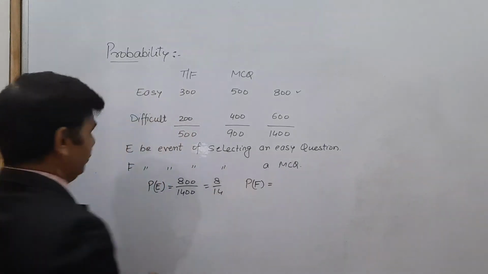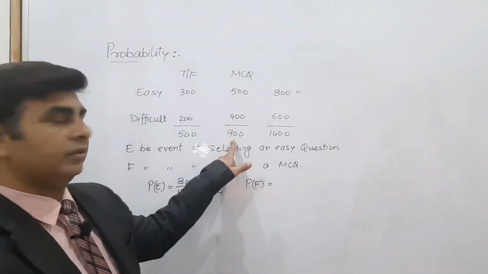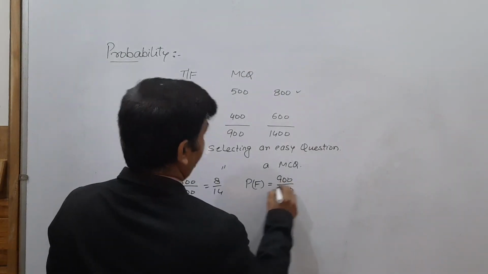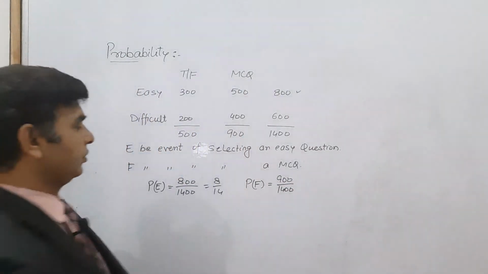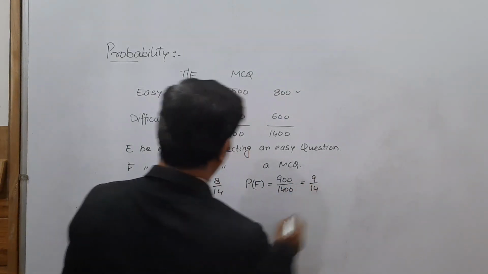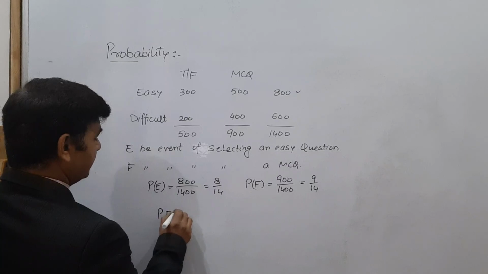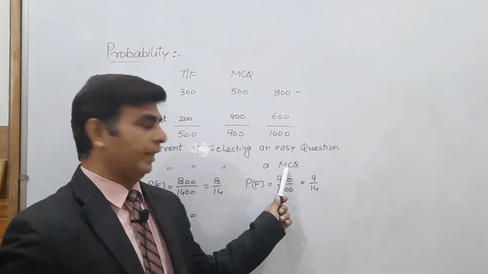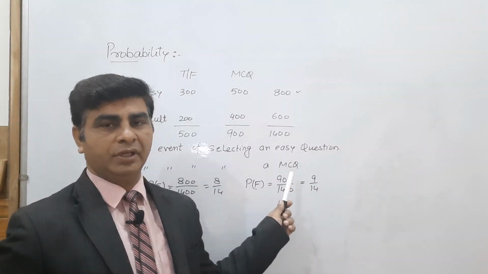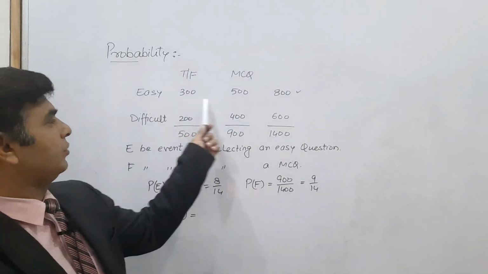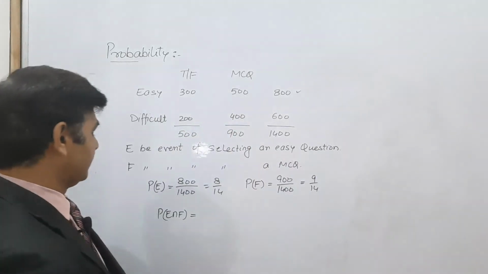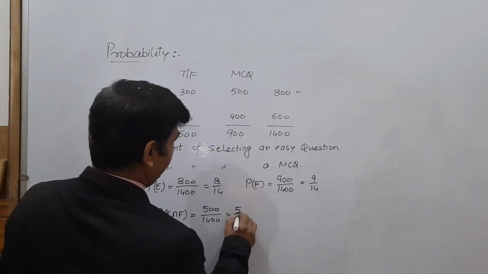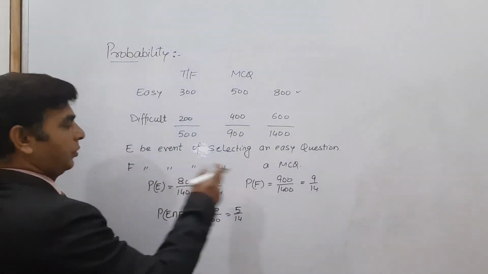What about probability of F? F के लिए MCQs क्वेश्चन कितने हैं, these are 900, so this is given by 900 divided by 1400। So total जो हमारे पास MCQs है these are 900, so this can be written as your 9 by 14। What about probability of E intersection F? कॉमन एलिमेंट का मतलब क्या हो बच्चों, इजी क्वेश्चंस भी हो और एमसीक्यूज भी हो। एमसीक्यूज होने चाहिए जो कि इजी हैं। इजी एमसीक्यूज कितने हैं हमारे पास, इजी एमसीक्यूज आर 500। सो probability of E intersection F इज गिवन बाय 500 डिवाइडेड बाय 1400 which is 5 by 14।